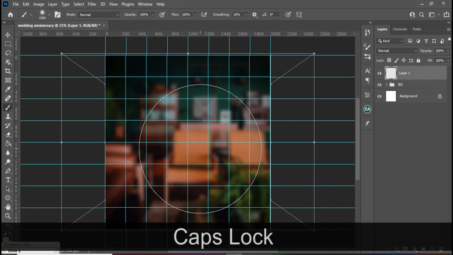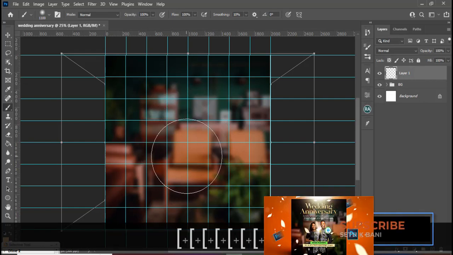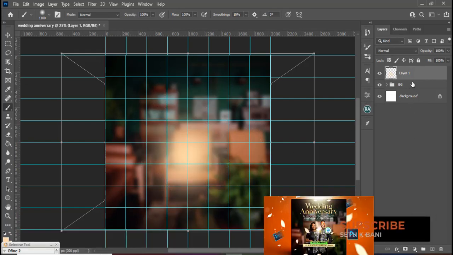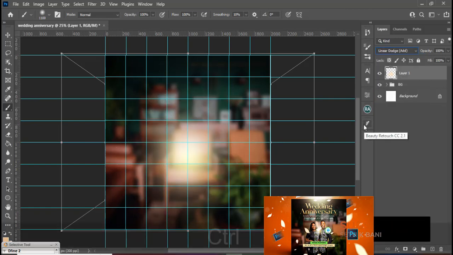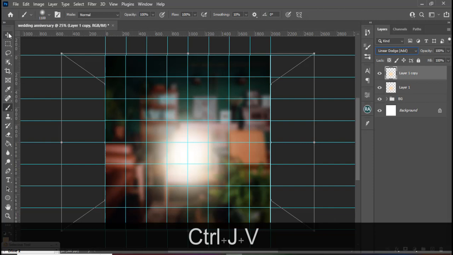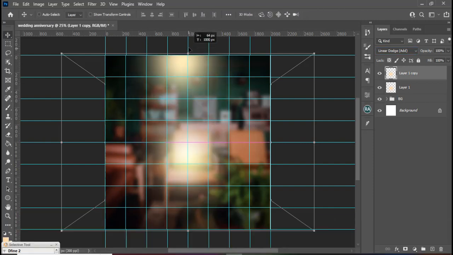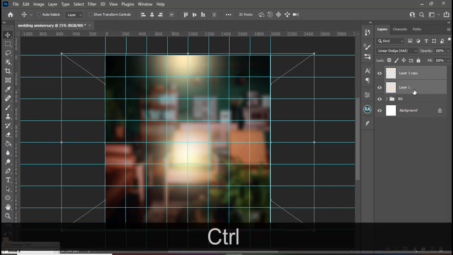Set your caps lock off, and then decrease the size of your brush and hit the middle here, and then go and set it to linear dodge. Duplicate it, click on your move tool, and then move it up like that. Now I'm doing this because I want to further separate the background from the image or whatever we are going to put on it. Now I'm going to call the two of them